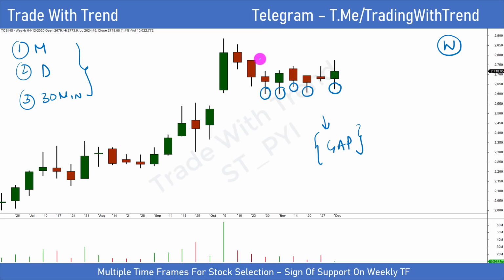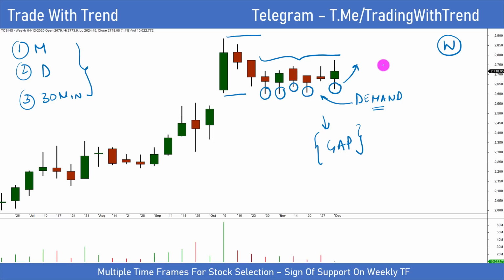So while price is simply consolidating in a broad range, what is essentially happening is that whenever price is moving lower, it is encountering some strong demand at lower levels. And that is why it keeps auctioning back up on the upside. And for reference, this is the main candle here within which entire price action activity is playing out.